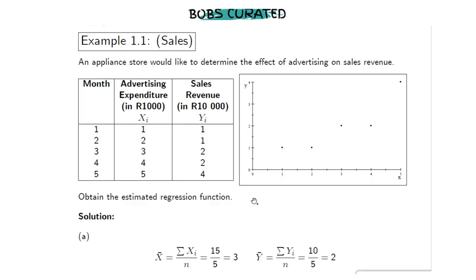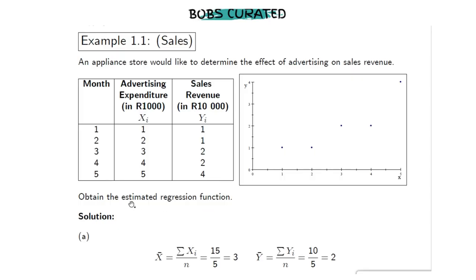Right, now let's have a look at a very simple example. You can try this on your own as well. Say for instance we've got 5 observations, 5 months, and we would like to investigate the relationship between advertising and sales. The more we advertise, so as X increases, we expect that our sales are also going to increase. It's also always very important to have a look at your units. So the advertising in this case is going to be in thousands of rands, and the sales in 10,000s of rands.